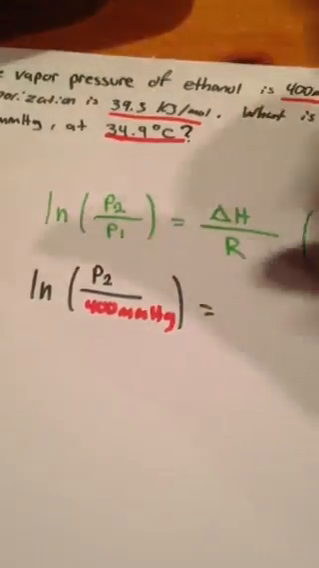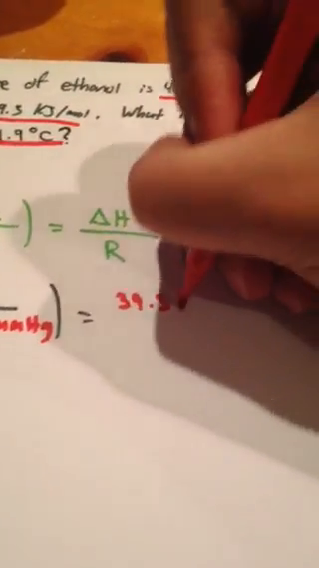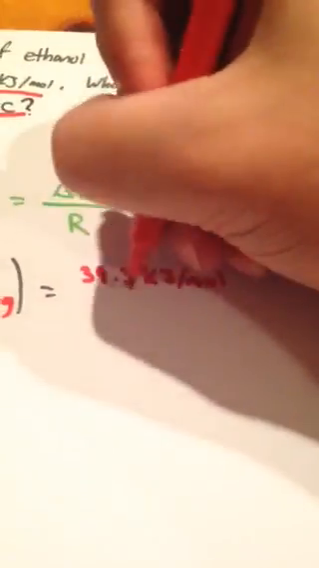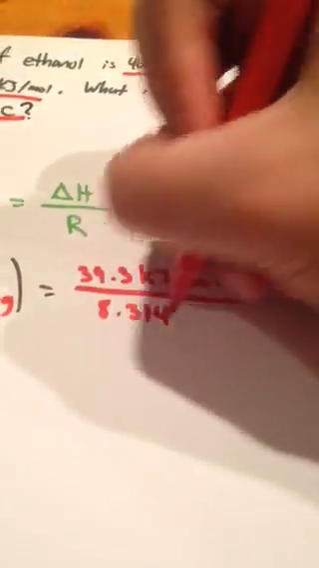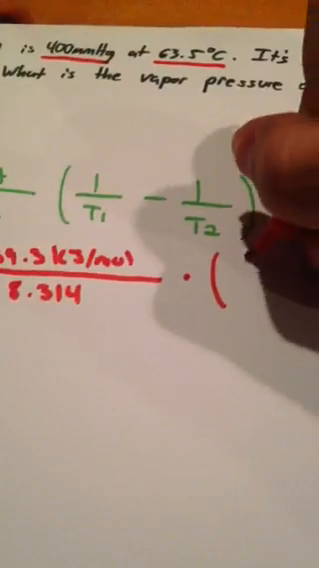Okay, so we're going to have our ln, and then we said our P2 was going to still be the same. So we're going to keep that, P2 divided by our P1, which was 400. Okay, and that's going to stay there. This is going to equal our delta H, which is the 39.3 kilojoules per mole, and then we're going to divide it by our constant, which as we all know is 8.314. Okay, and then we're going to go ahead and multiply all this by our 1 over T1, which is going to be the 63.5